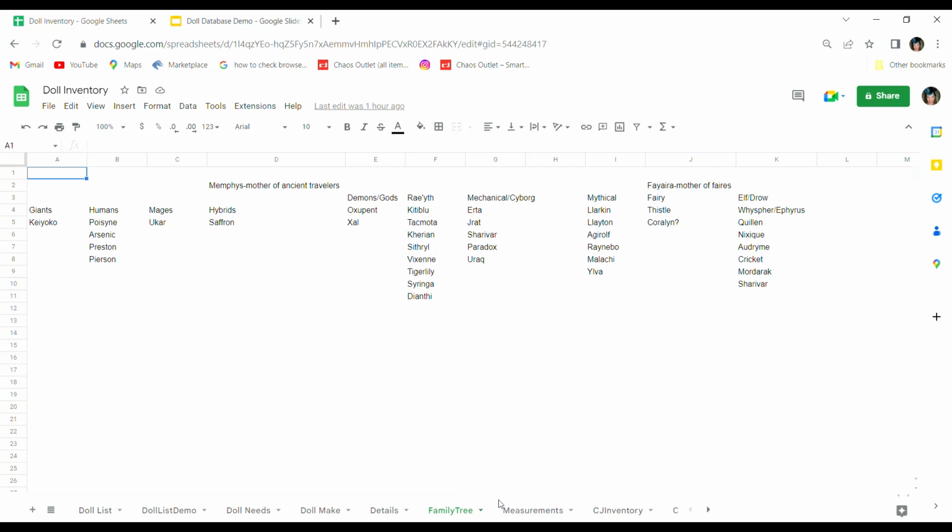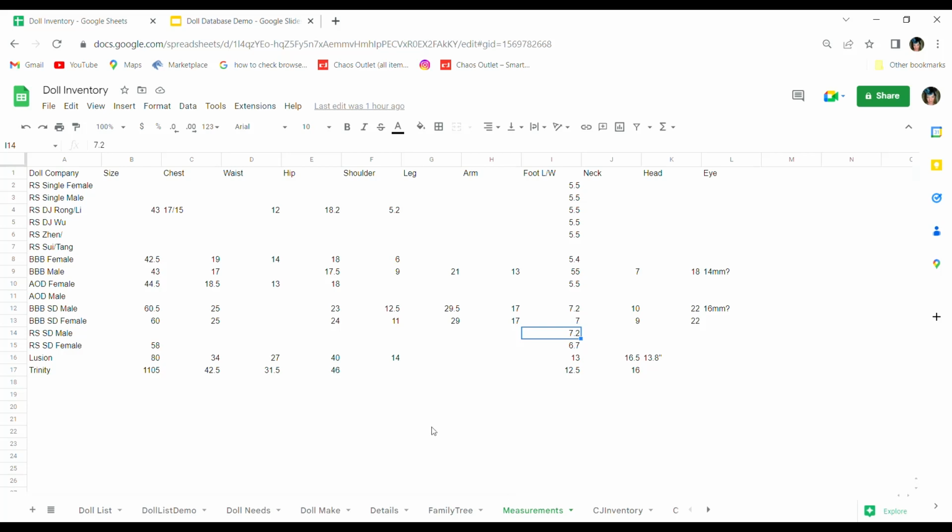Next tab is measurements, and this is where I was talking about how it could be a good idea to have all the information of the specific measurements of each of your dolls so that you can come back and look at it and be like, oh, okay, her foot size is 5.5, so I know what size of shoe I need to look at, because you want to pay special attention to the measurements on a website,